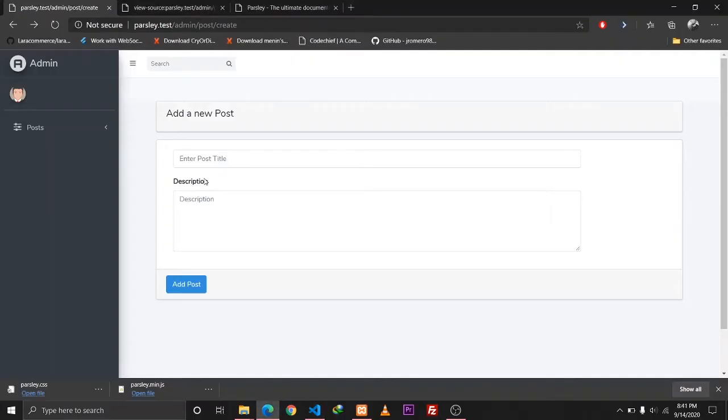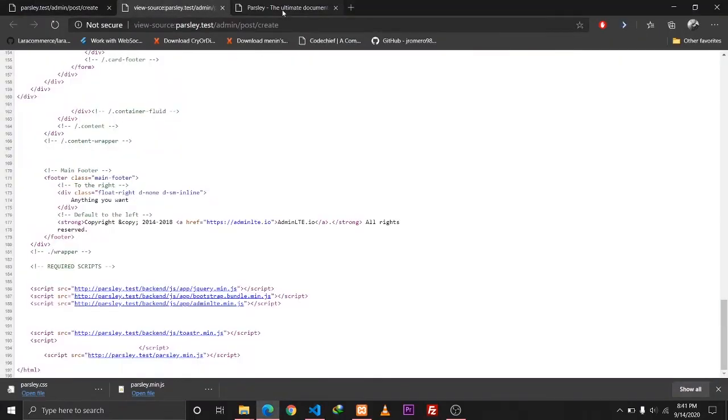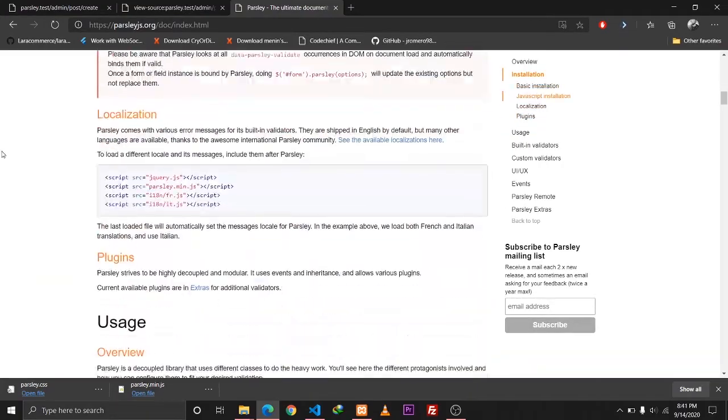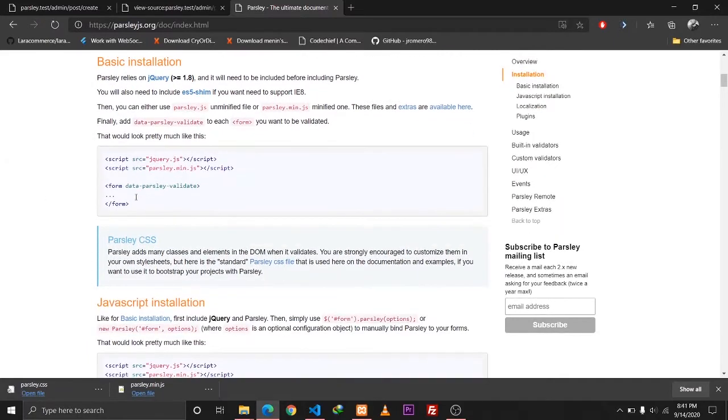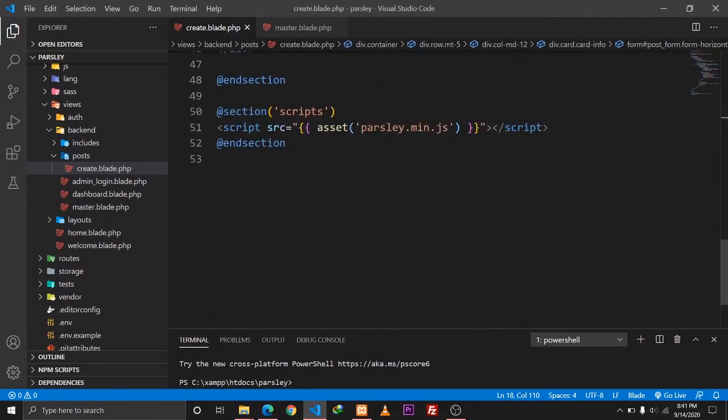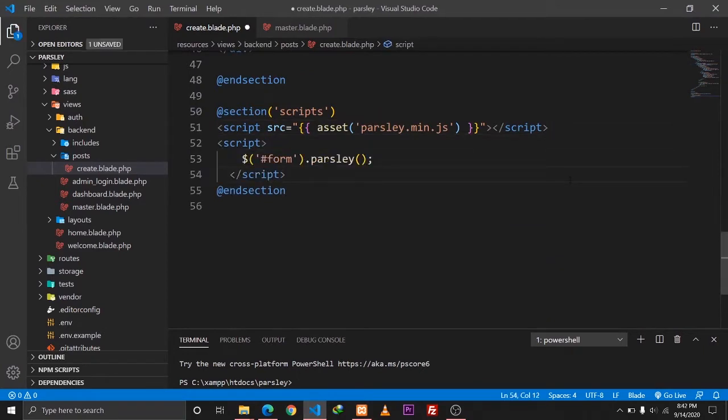And the way we call our form is, let's go to the usage section, and inside our script tag, I'll just copy this code, and the ID is post_form,